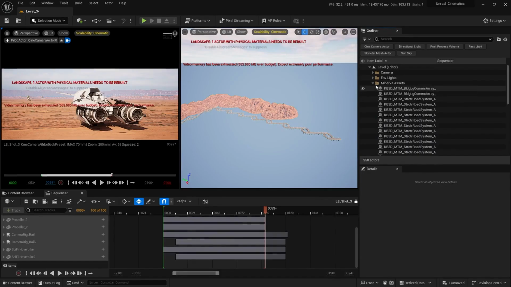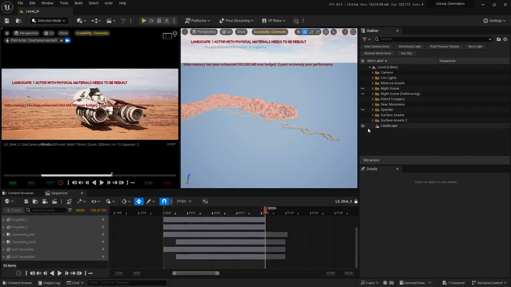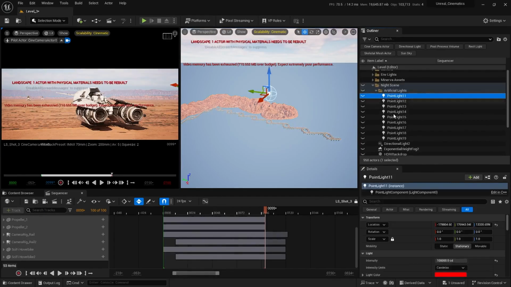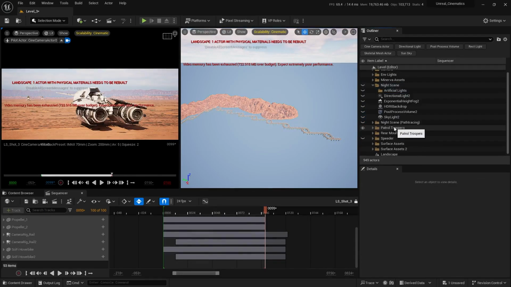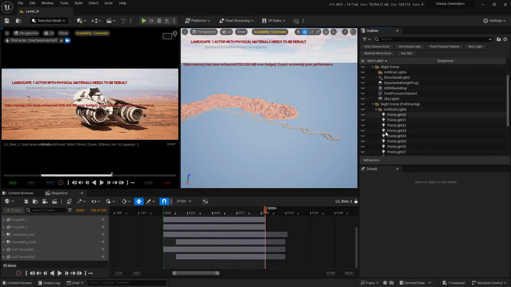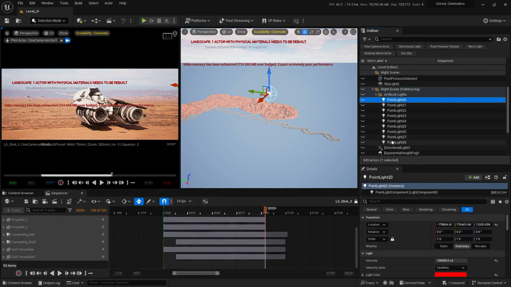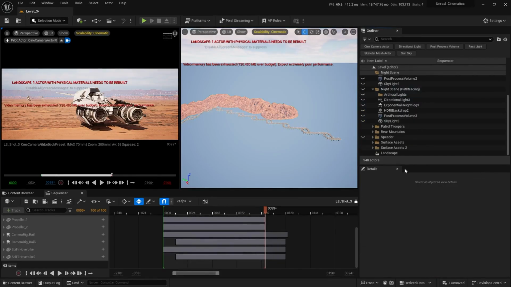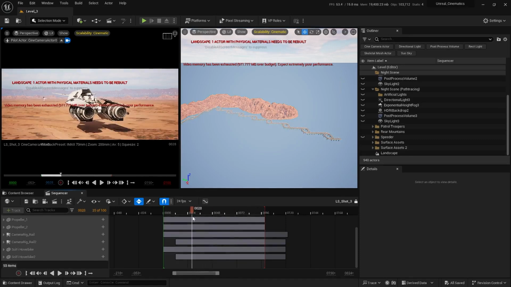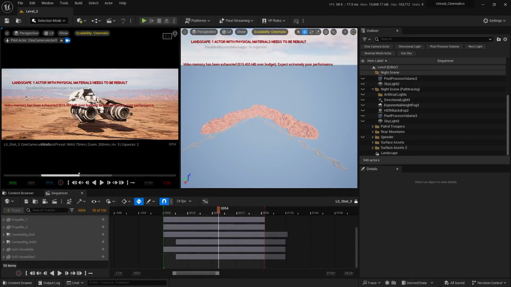And I think we have a few more point lights as well. I'm gonna open up this night scene folder, select these artificial lights and delete them. And I'm gonna also delete these lights from here as well. There we go. I'm gonna save everything. And for the most part, I think it looks good, but we still need to place a few Minerva